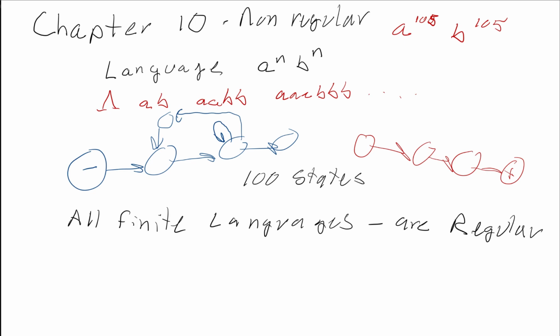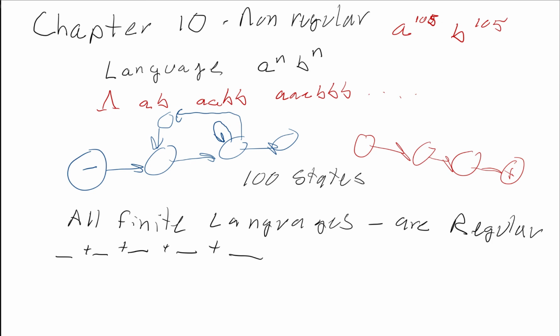So the reason why is, well, if it's finite, then what I can do is write out all of the words: write out the first word, and then OR it to the second word, and OR it to the third word. Eventually I'll finish writing out all of the words, and I'll have a regular expression that defines the language. So all finite languages are regular, but languages that are infinite, like a to the n, b to the n, there's no upper limit on what n can be,